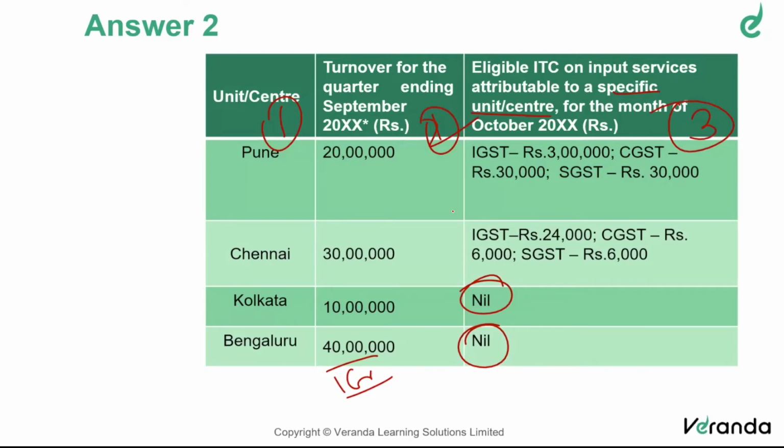The quality of reading the question is very important. That's why I'm giving time. Let's not rush with the answer. Read the question, analyze the question very carefully. The answer becomes very simple, just like we did in the last problem. If you don't do that and spend that time on the answer, you will get confused between step 1 and step 3. You will not know the difference between how much ITC to avail and what the turnover calculation is. You will just confuse everything, and that's not the right way. So read through the question. Quality of reading the question is very important.